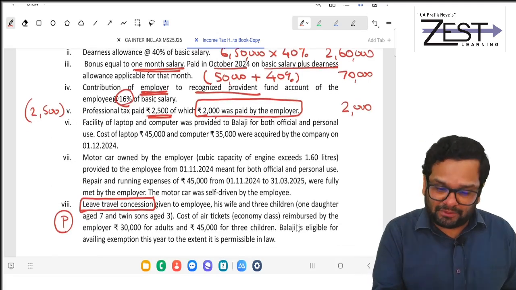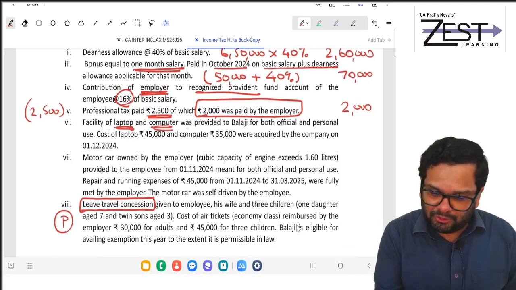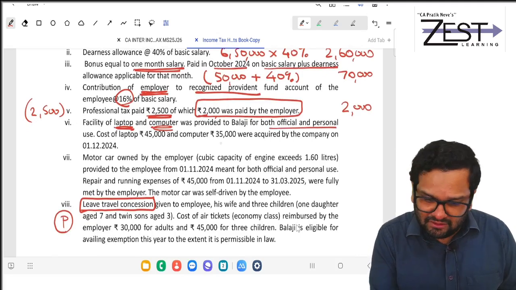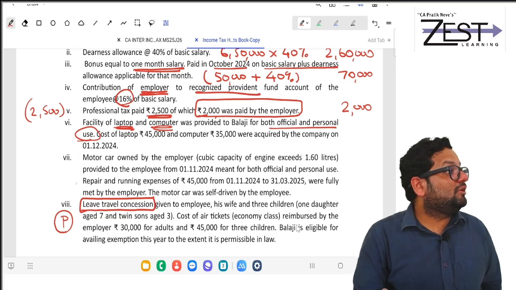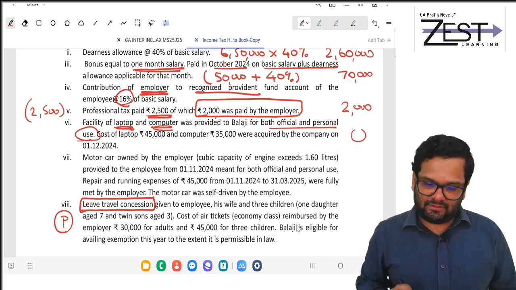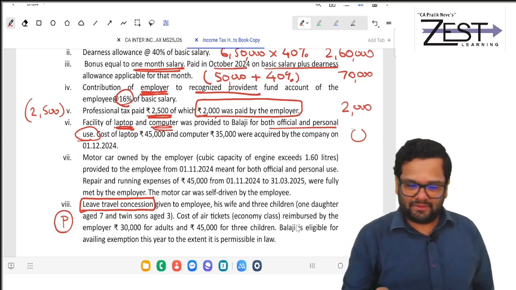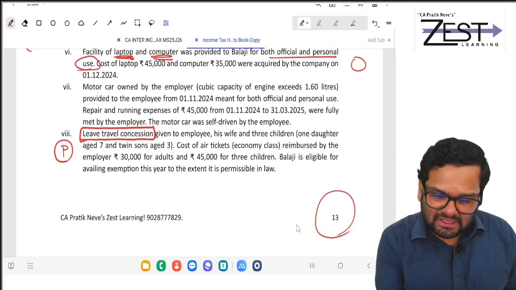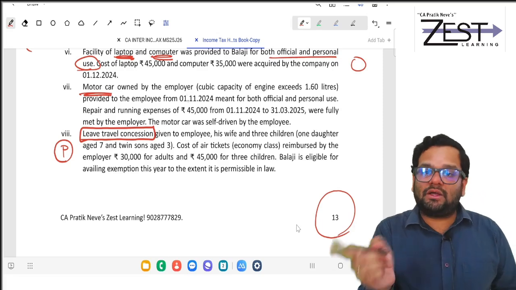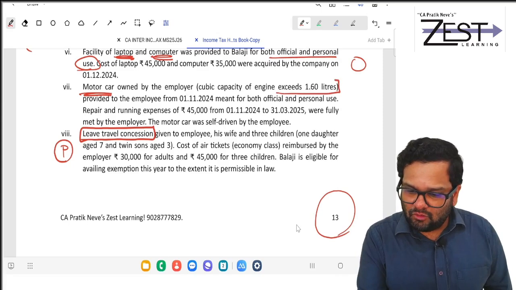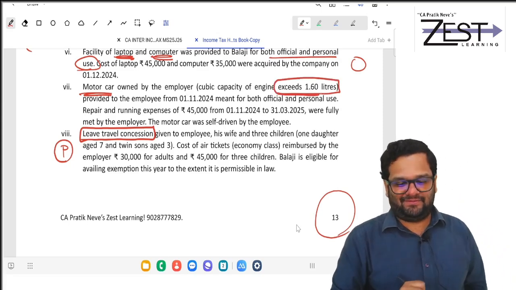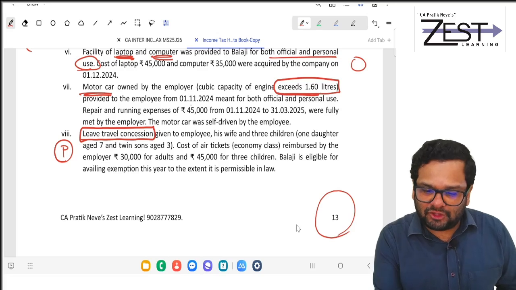Facility of laptop, computer, official and personal use. You know value of laptop: 0. Next, motor car owned by employer, CC of engine exceeds 1.6 liters, provided to employee from 1/11,